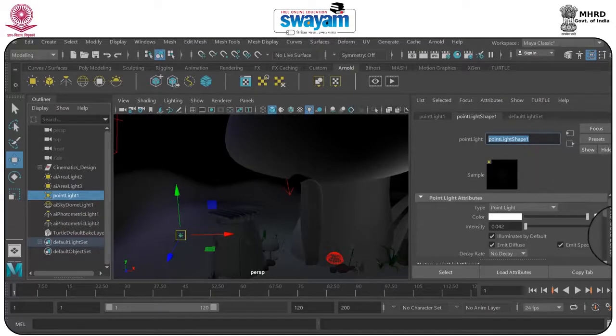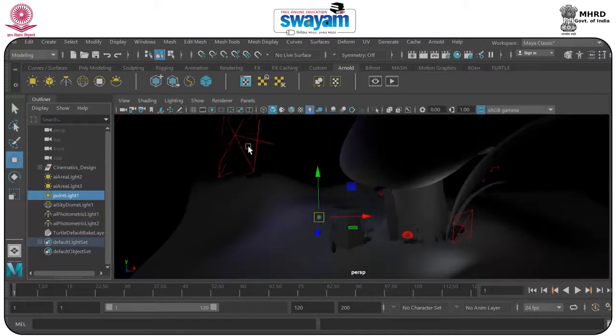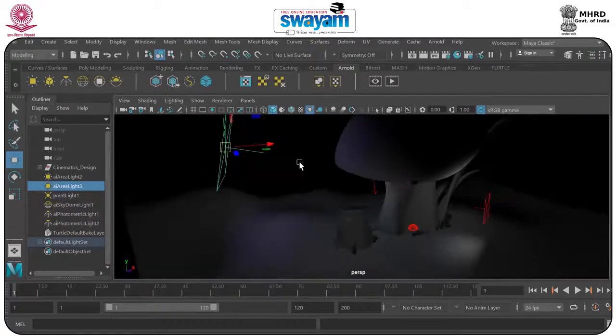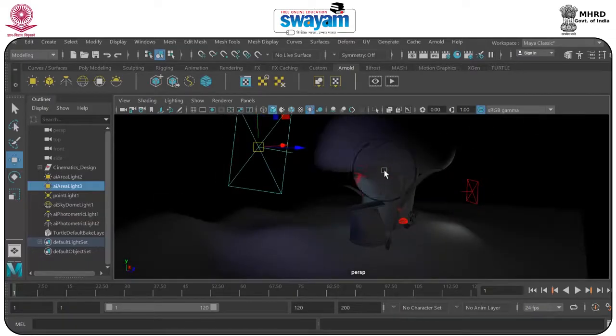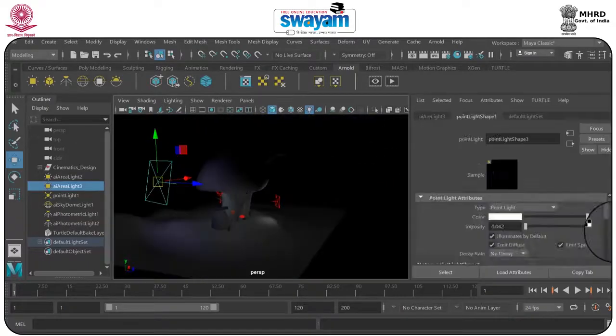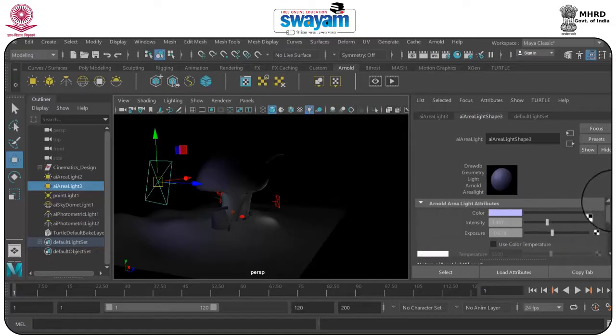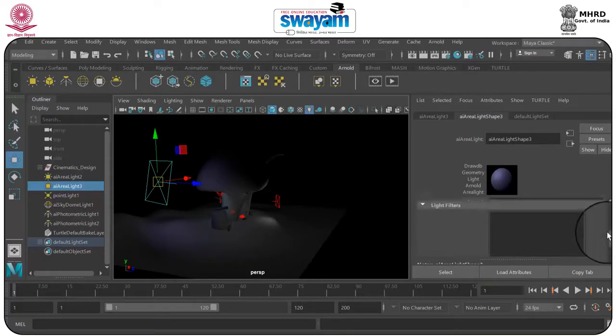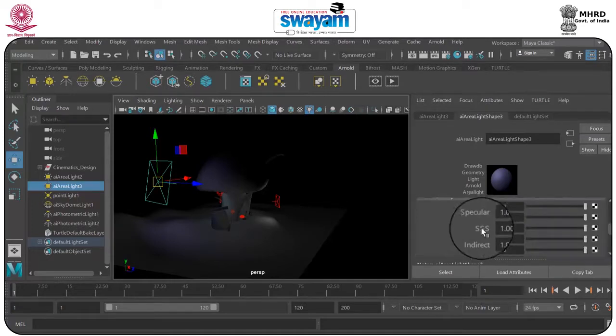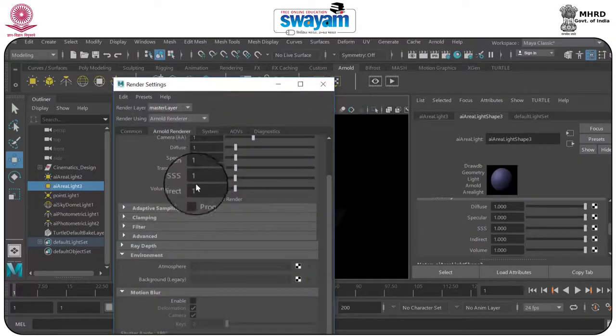One more thing is that there are many more options. If you select this light, especially this one, and go to the attribute editor, inside this panel we have many more panels like subsurface scattering, diffuse, specular, indirect or volume, which are also present by default in your render settings, but these are different.